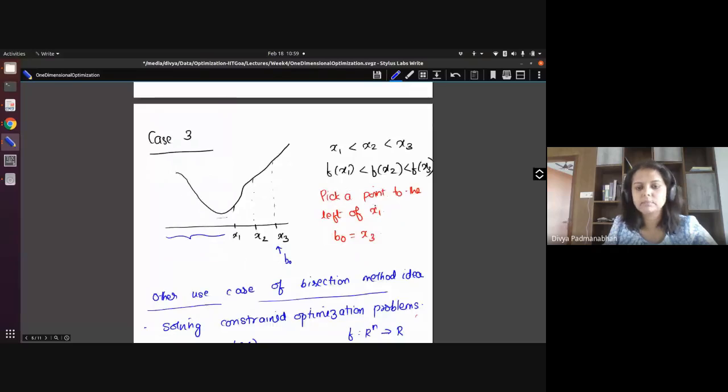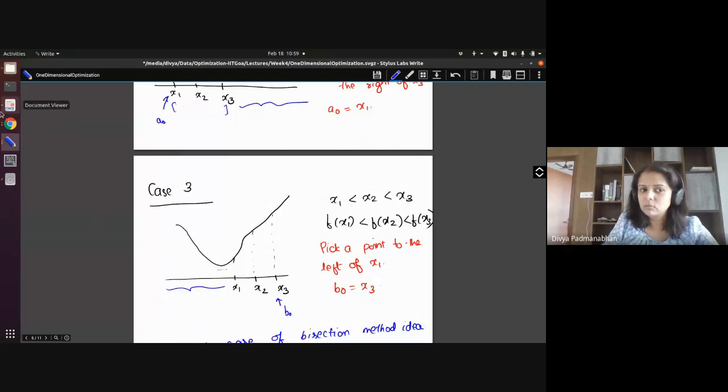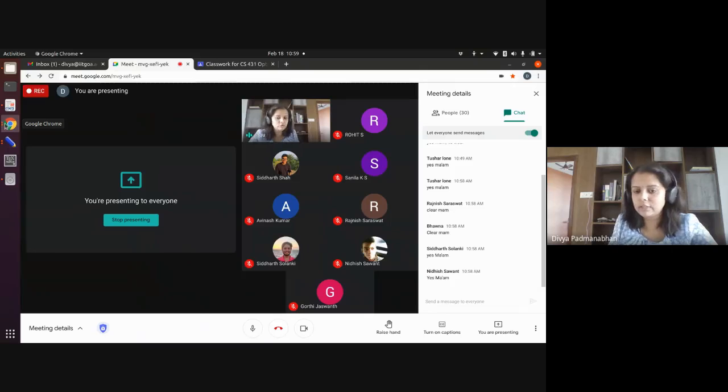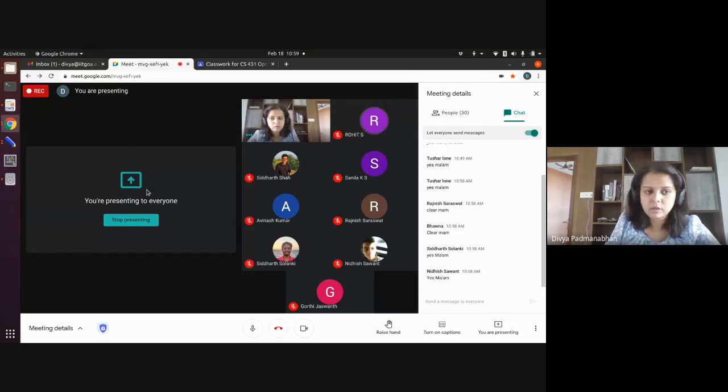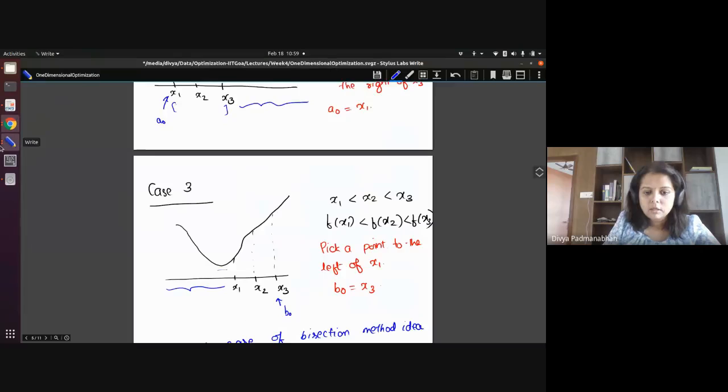When you learned the bisection method earlier, did you see how you fix the A naught, B naught values? Was there some other approach that you saw to fix it? If you remember what you saw earlier? Same thing. Same thing, okay. Great. So that's about it.